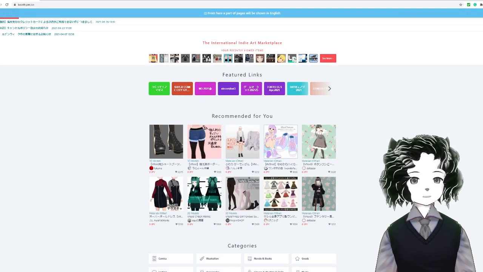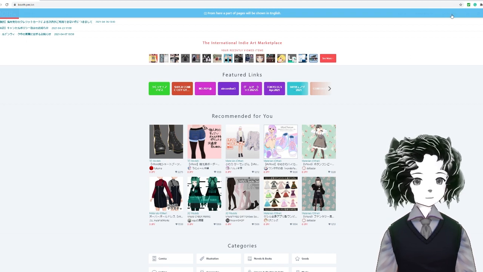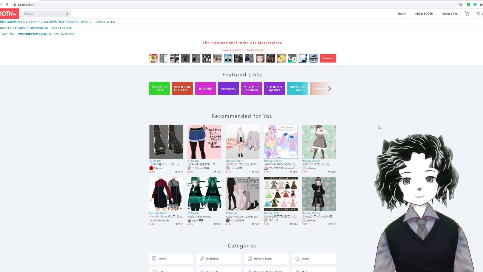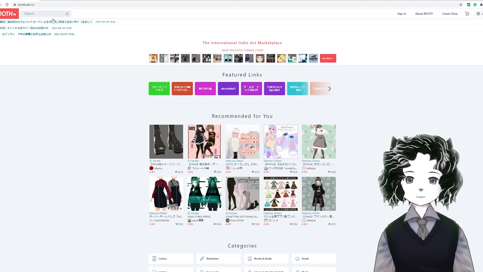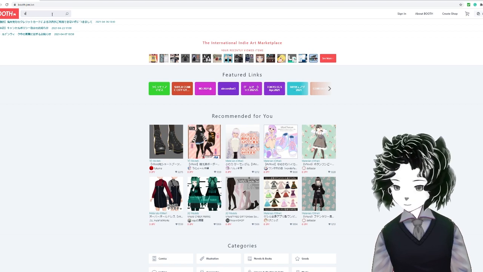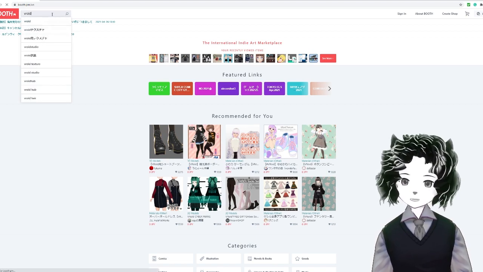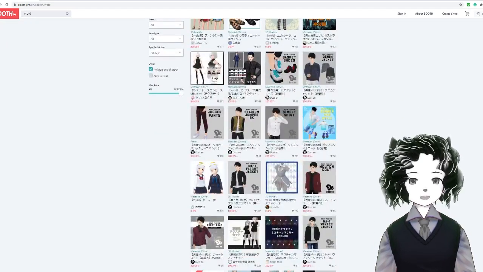Not everything, and so you might want to use your browser to translate into English instead, because sometimes when you go into the descriptions, they're in Japanese and it might be hard to understand what's actually being sold. But either way, you can already see there's actually quite a lot of VRoid things here, but it's best to put